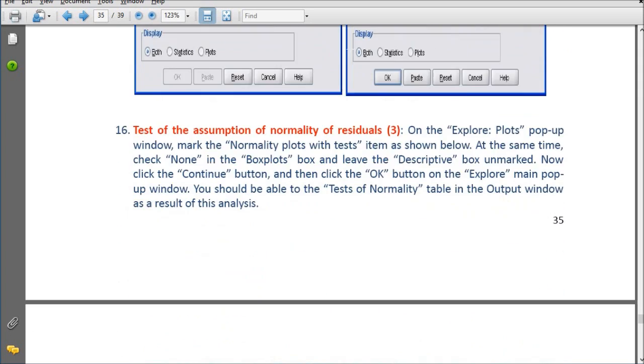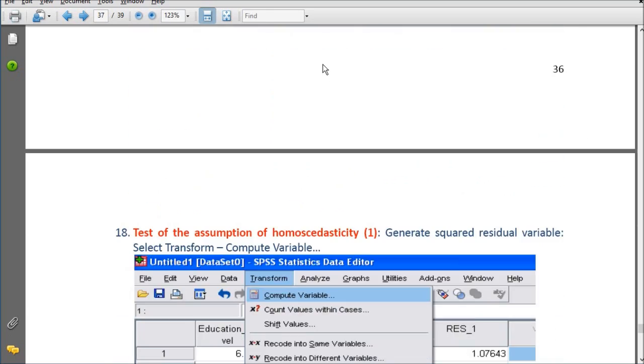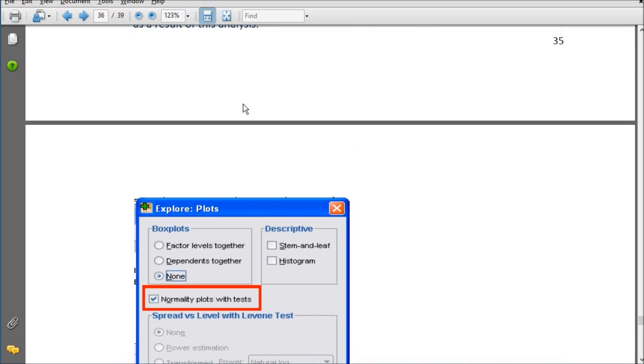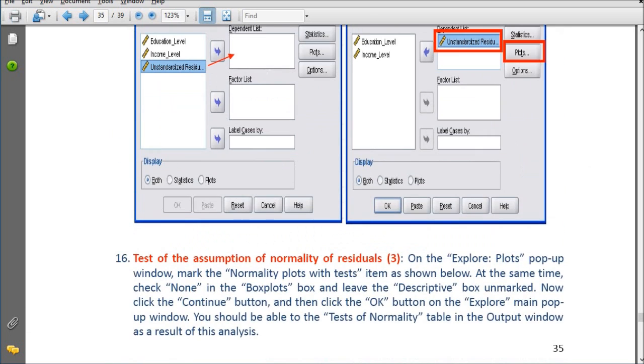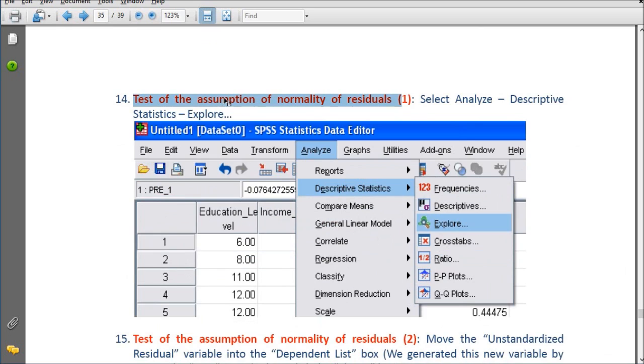From step 14 to step 17, we have 4 different steps for this test. Please refer to these SPSS instructions as necessary while I'm going through these steps.